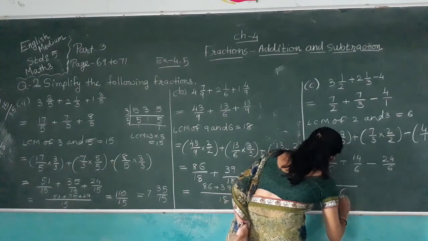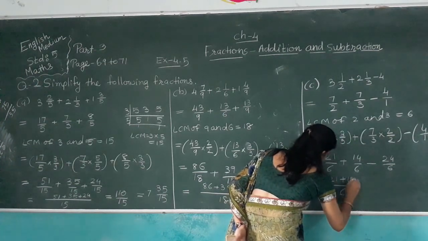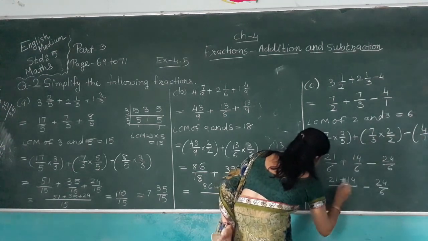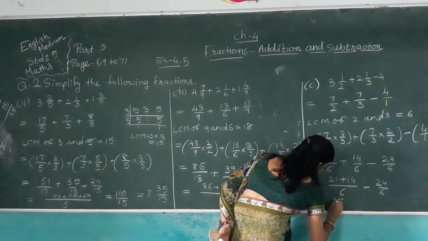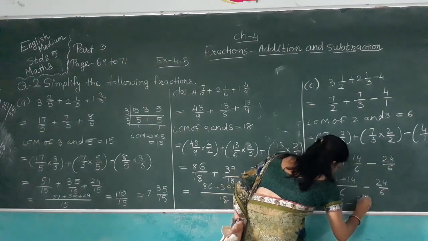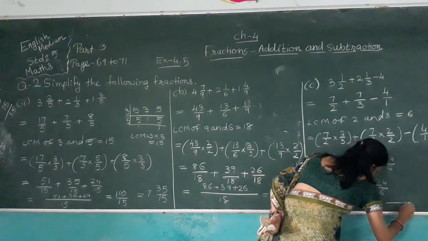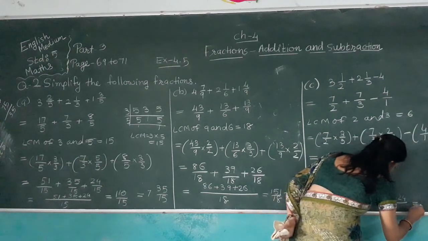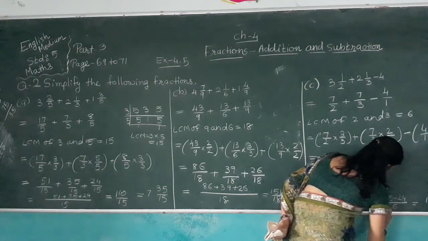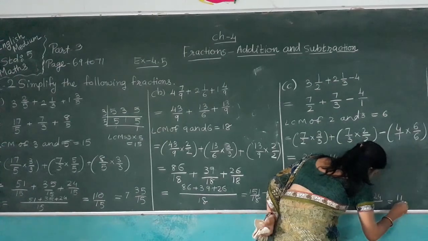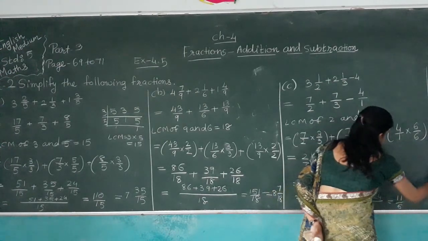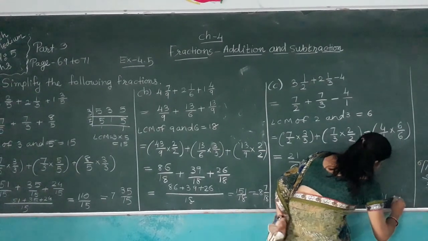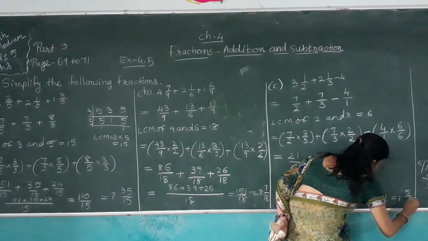Now first add both fractions. 21 plus 14 minus 24 out of 6. Here 4 plus 1, 5, 2 plus 1, 3, 35 out of 6 minus 24 out of 6. 35 minus 24 is equal to 5 minus 4, 1, 3 minus 2, also 1. 11 out of 6, 6 ones are 6, 5. So we get the answer 1, 5 out of 6.